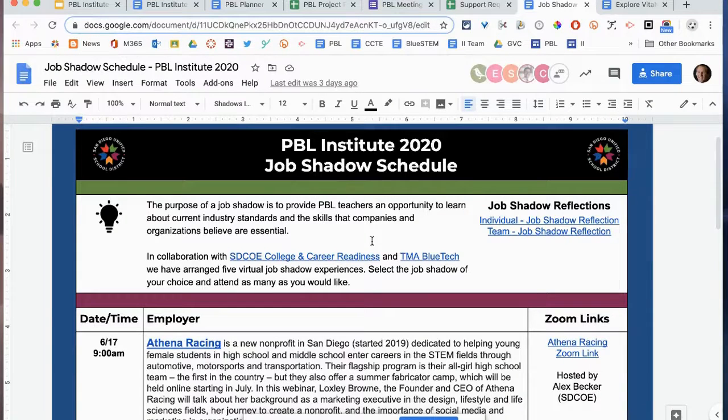Generally speaking, we would normally do a job shadow experience where we would all go to one location together. In this case, we have a lot of options and we don't have to all go together. We can, we don't have to. The other thing is you can pick and go to as many of these as you want. So just keep all that in mind. You have those options available. But today, if you would, figure out what you and your team are doing for the job shadow experiences.